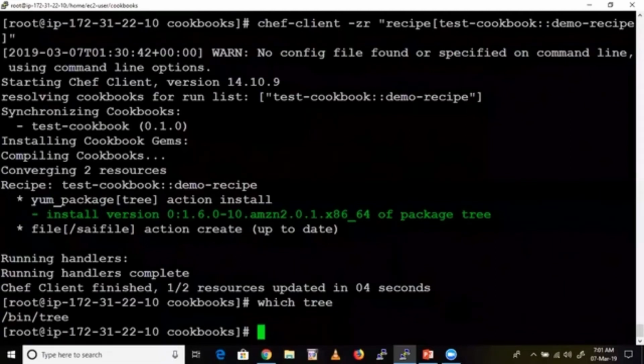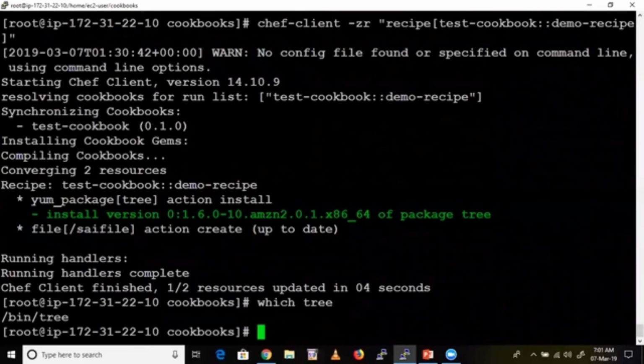Suppose inside that recipe I keep a lot of code to install 1000 packages. The only thing you need to do is run chef client, right? That's it. All packages will be installed. You can give this code to a friend, and he will run chef client once. All 1000 packages will be installed. Otherwise, if you want to do it manually, you need to run 1000 commands, right? Yum install so and so, yum install so and so, like that. Understood? That's the advantage of converting code into infrastructure.